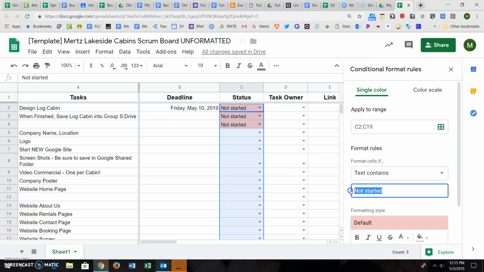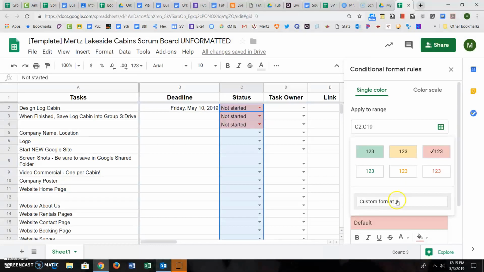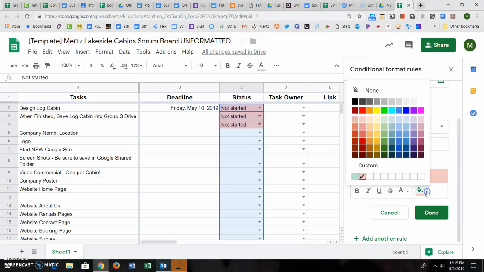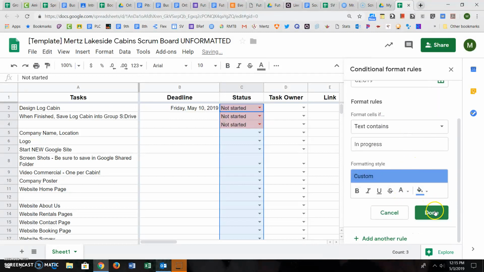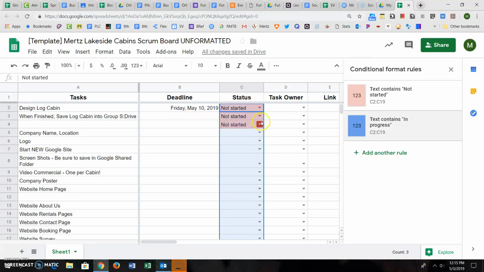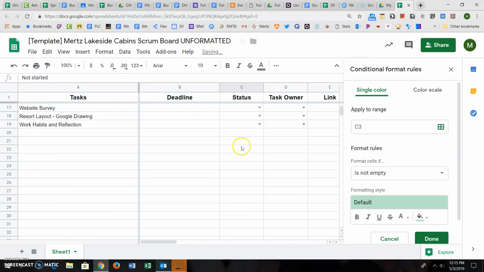If text contains in progress, I want it to be, let's choose a different one. Let's go like light blue. So notice now when I change this to in progress, it turns to blue. If I add another rule for that cell range,